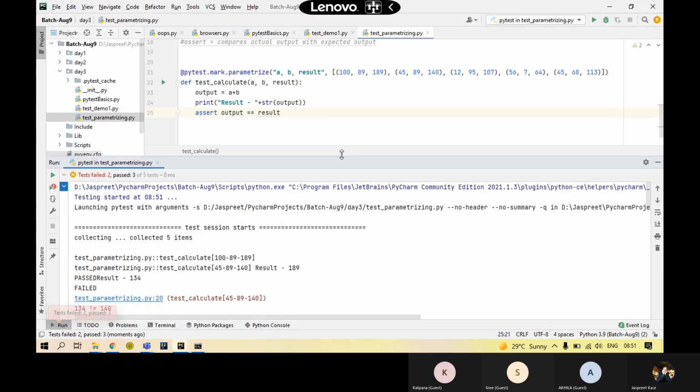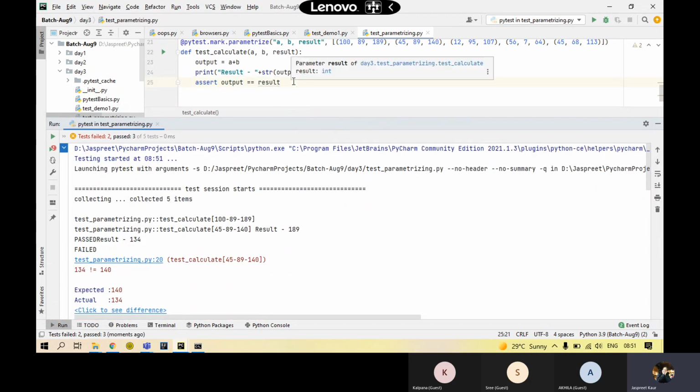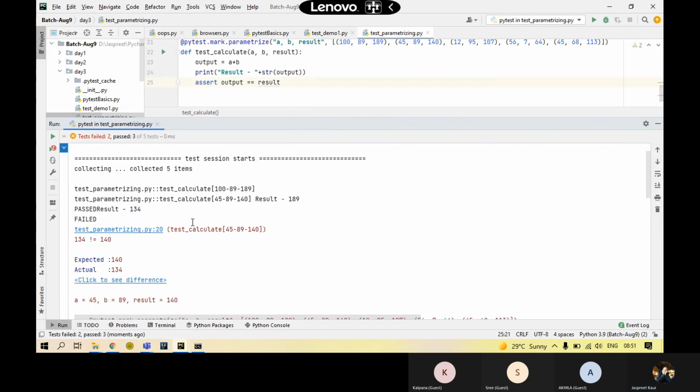So now this time it is comparing the result and the output. The first data set ran with the right expected result, so it passed. The second data set was not right. So over here, this is the result that we have got.